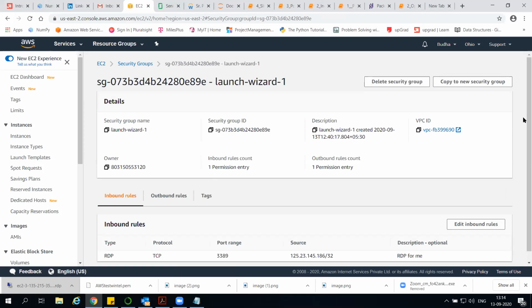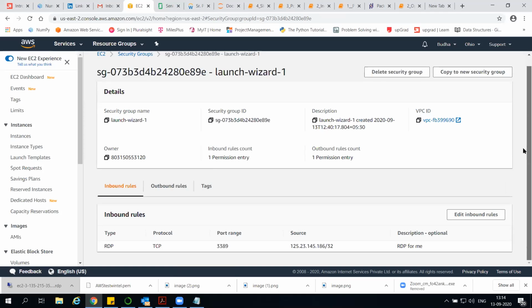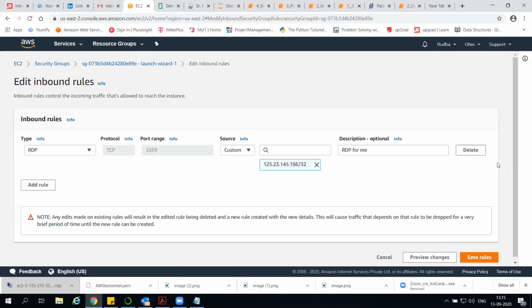Here you go to edit inbound rules one more time. Edit inbound rules, that button on the right side. Good. Now go and click on custom. See, now it is a 186 ending, right? Let's click on My IP. Oh, it's not changing, right? Click delete and create one more.